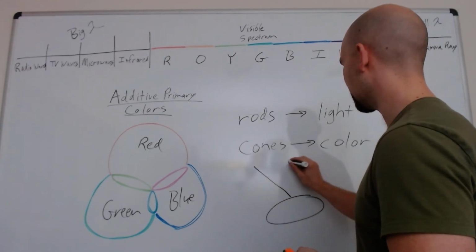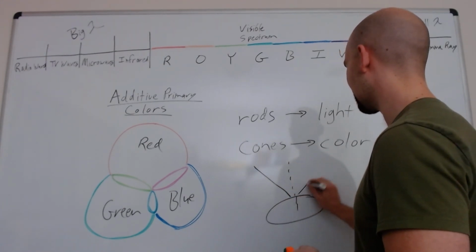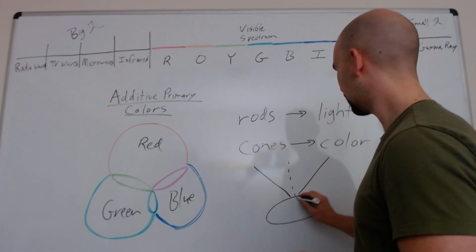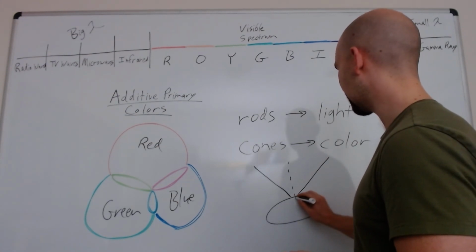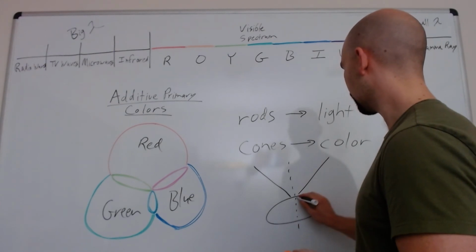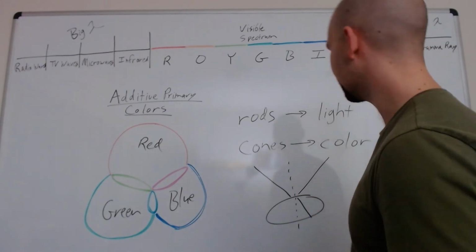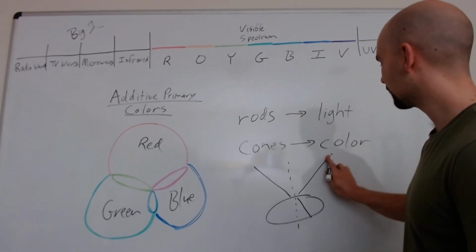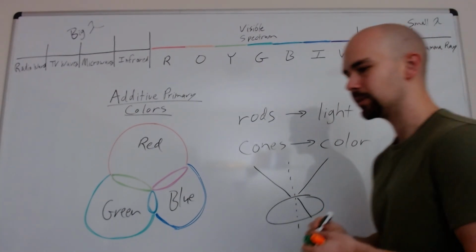There's my angle of incidence. I'll just be thorough and have this coming out at the same angle of incidence. Some of the light is actually going to get refracted or absorbed, you could say. And then what comes out is going to just be the color